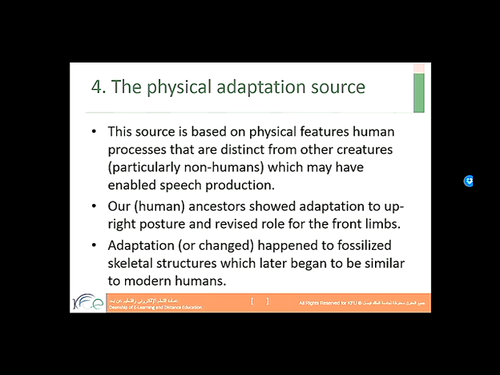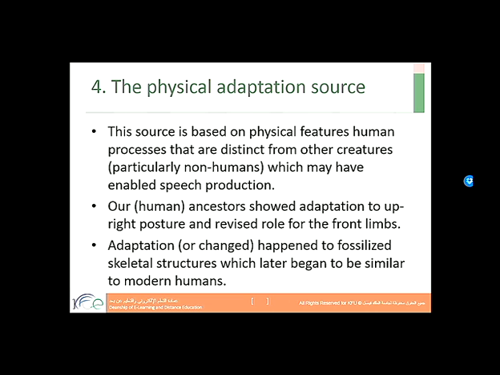What about the fourth source of language? The fourth source of the origins of language is the physical adaptation source. This speculation about the origins of language is also interesting. This source is based on the physical features humans possess that are distinct from other creatures, particularly non-humans.